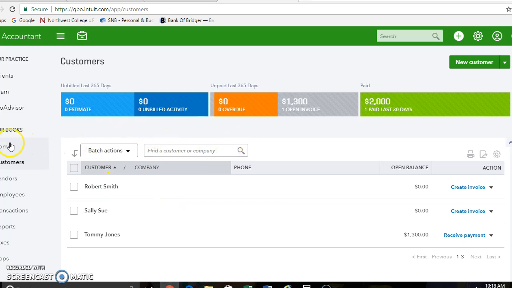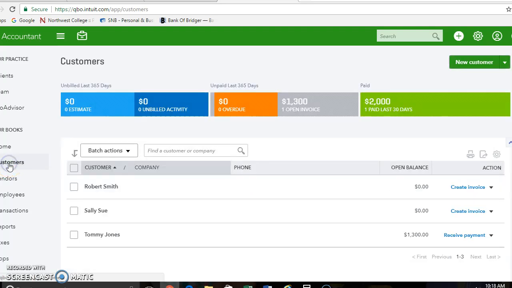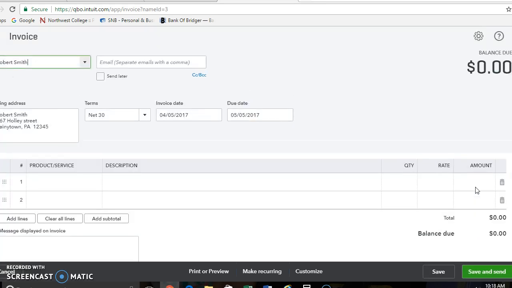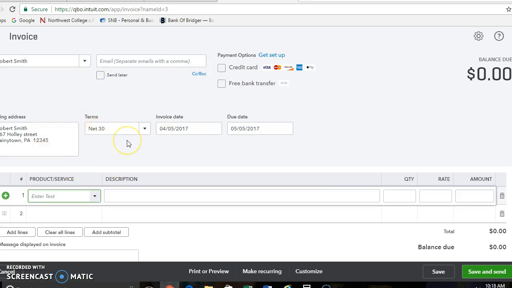So what we can do is go home, or we can go back to customers. Let's see here. We want to create an invoice, because we sold him something. So we're going to sell something to Robert Smith. We're going to come down here to product or service, and again, this is where you're going to be creative. So we are going to sell him a